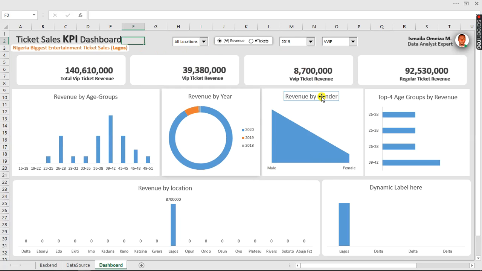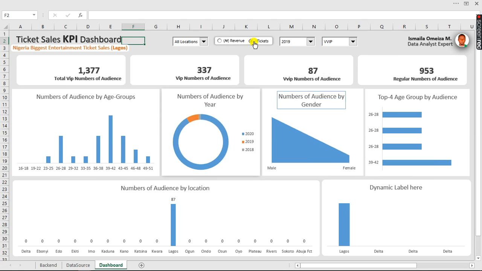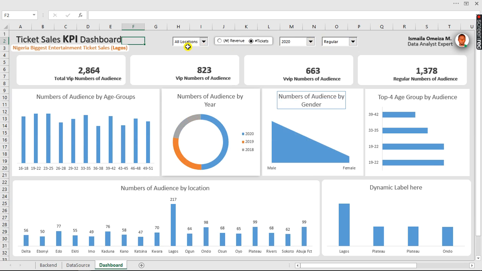Now if you look at what we have right here, we just got this dashboard built without formatting. So we can switch between the revenue and the number of tickets sold, and we can switch between the locations we have right here, and as well between the different types of tickets being sold in those locations. But the funny aspect of it is that we can actually have some messages pop up if